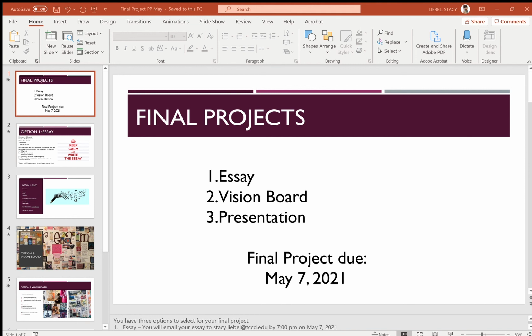I'm going to have to be able to see what your goal or goals is in your presentation. How do you plan to accomplish your goal? Do you have a timeline? What obstacles do you face? How do you plan to overcome those obstacles? All of this information and the questions that we had in the previous slides are questions that you can answer and provide this information in your project. Now again, as with the vision board, you will have 2 to 3 minutes to present your presentation to the class, or you may record your presentation and upload it in the discussion board.